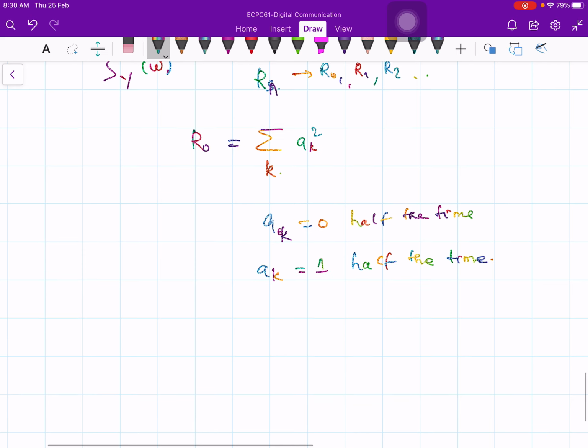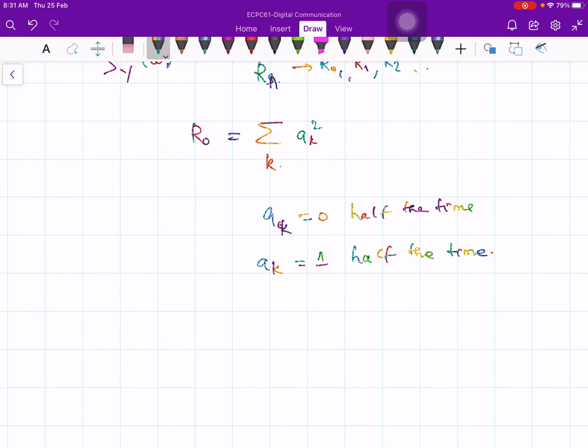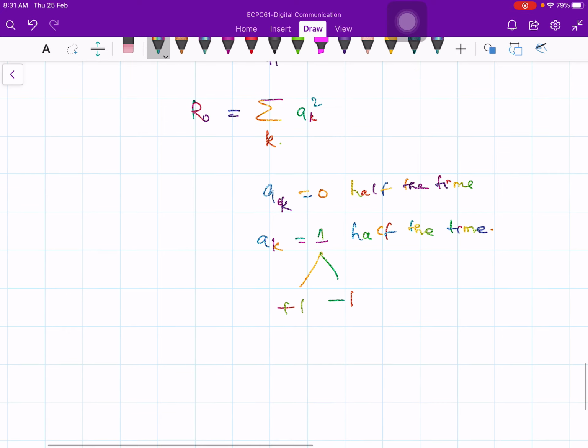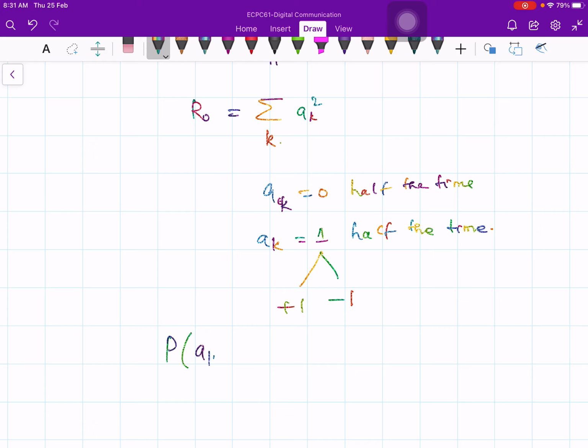This 1 occurs half of the time as plus 1 and half of the time as minus 1, because we are assuming again that the original data sequence contains zeros and ones with equal probability. That means probability of a k equal to 0 is 1/2 and probability of a k equal to